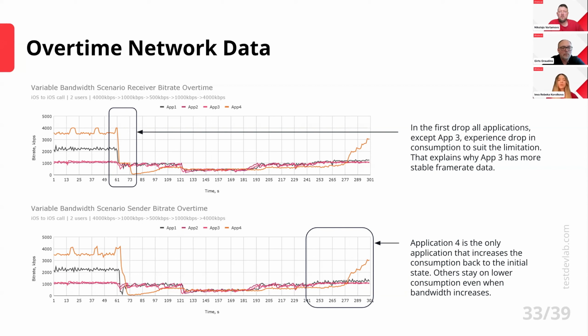But then they have opportunity to recover, and they actually do, as we saw in the video graphs as well. And also from the center graph and looking at the overall consumption on both ends, we can see that application 2 and 3, which were ensuring the most stable frame rate as well in the graphs before, have also the most stable consumption out of all. They already start on 1 megabit, and that explains why the decrease in quality and the frame rate happen only on 5 kilobits per second, because that is the first limitation, which is above the needed bandwidth.